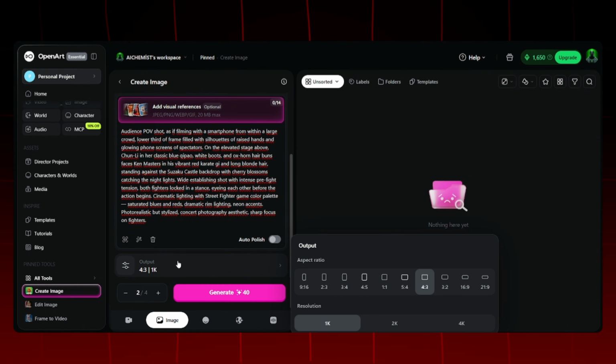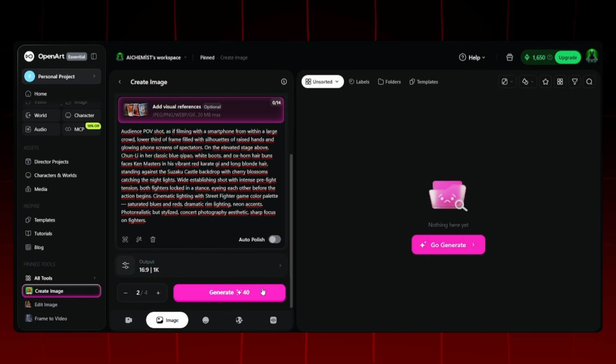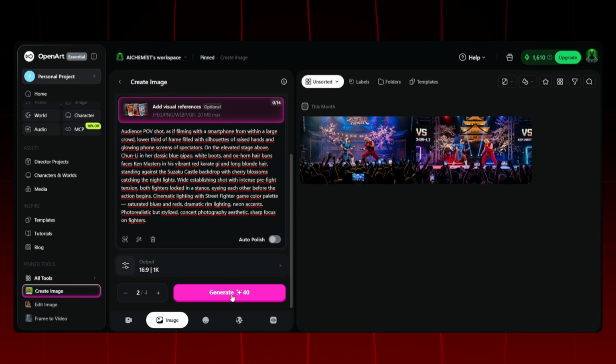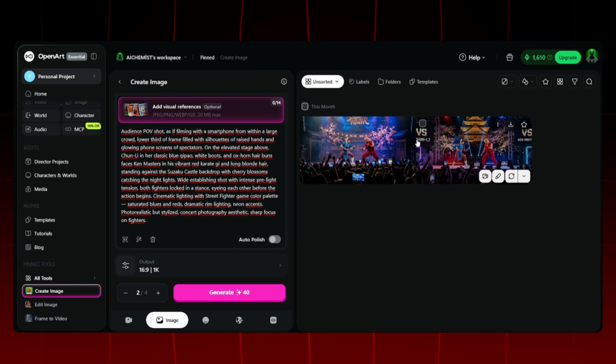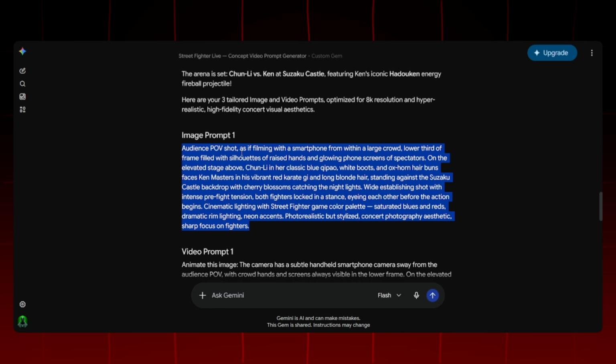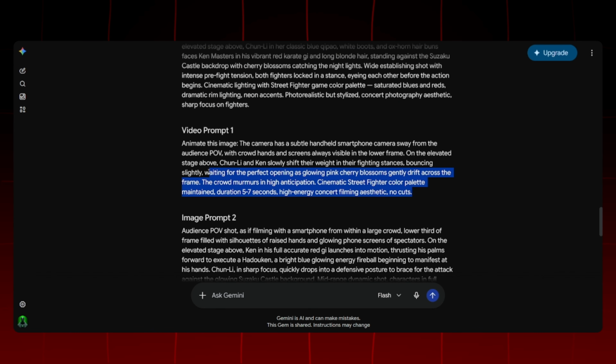Since this content is in horizontal format, we select 16:9 horizontal format and 1K resolution from the output settings and click the Generate button. The generated image will come out like this. We check it and save it. After creating our image, we go back to Gemini to copy our video prompt and copy the first video scene